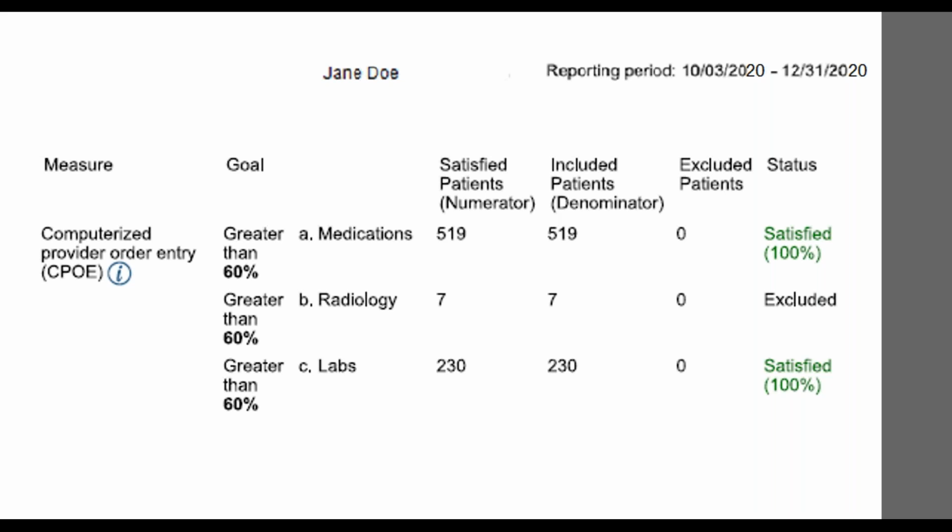Reports will be different depending on your EHR, but this is a basic example looking at the CPOE objective. Now keep in mind not all reports are created equal, but at a minimum we're looking for the provider's full name, NPI if available, and the MU reporting period. It also lists the 3 separate measures of the objective for this example. This report lists out the measures, the minimum percentage needed to meet the measure, the numerator and denominator for those measures, and the EP's resulting percentage.